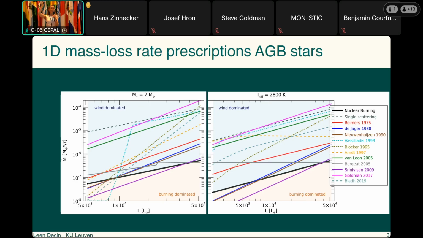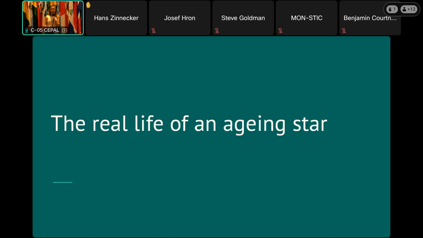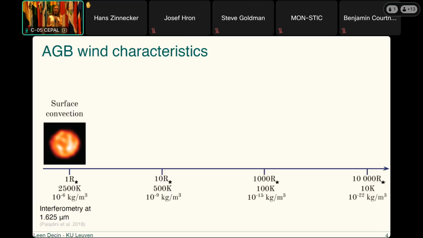First of all, for sure, we know that if we use mass-loss rates from SEDs, we have that very uncertain factor of the gas-to-dust ratio and of the gas versus the dust wind velocity. That can easily give you an uncertainty of a factor of 30, 50, whatever. But there's more to it than only this. The main thing, and this I will show you in the next slides, is that we are analyzing our data in a too simplified way, since we often, and all of us like to, use one-dimensional stars. But this is not the real life of an aging star.